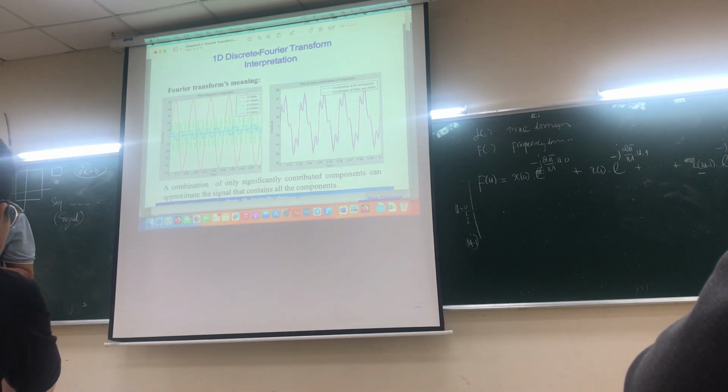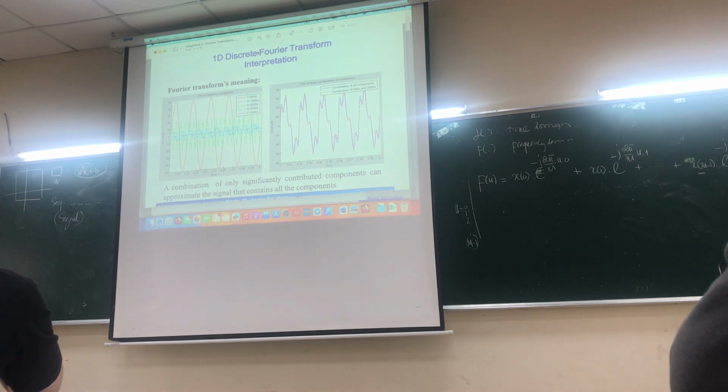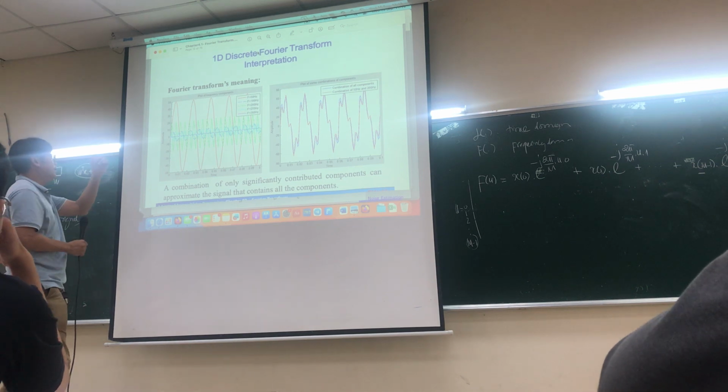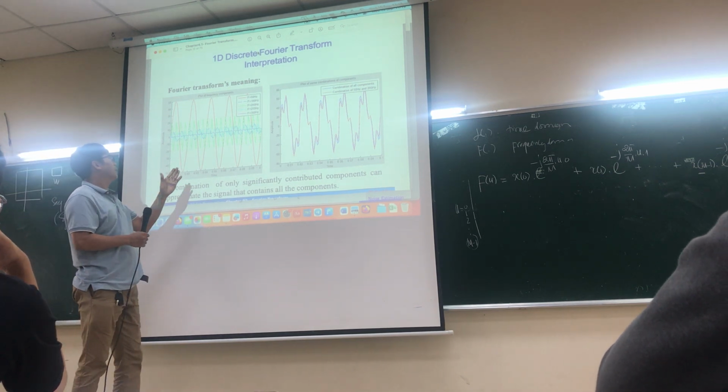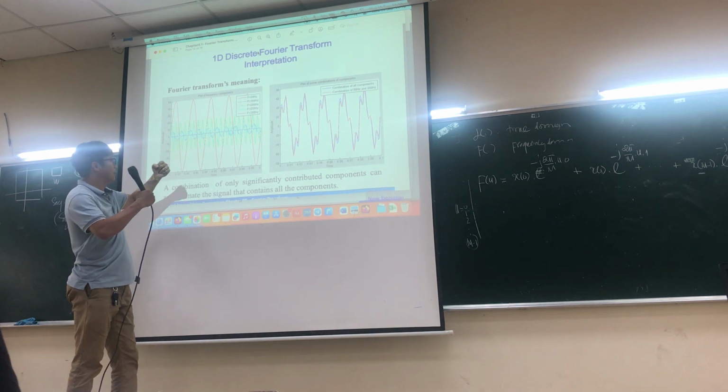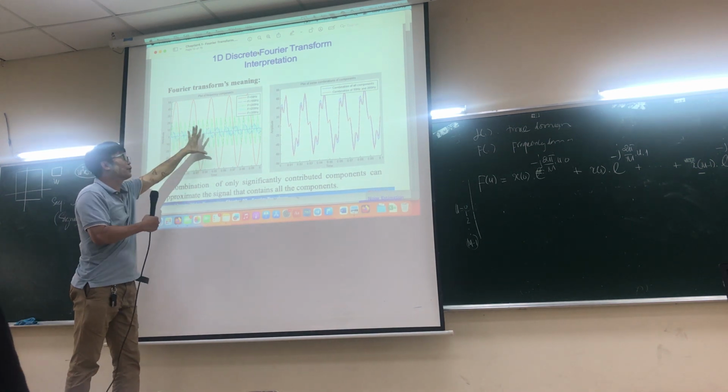With different frequency, different magnitude, on the left side. Can you see? Only sine functions with different frequency, different magnitude only. So you can see that, right? Remember the frequency is different. So now if I add up the sine functions here,